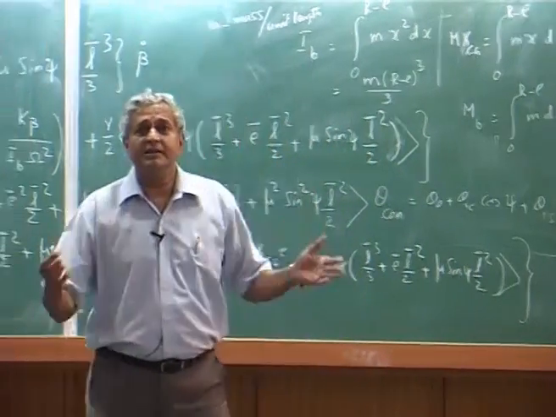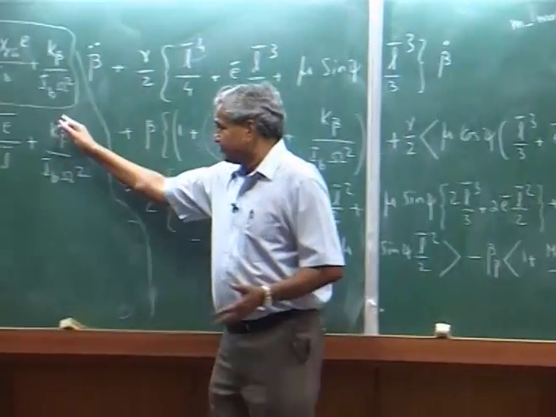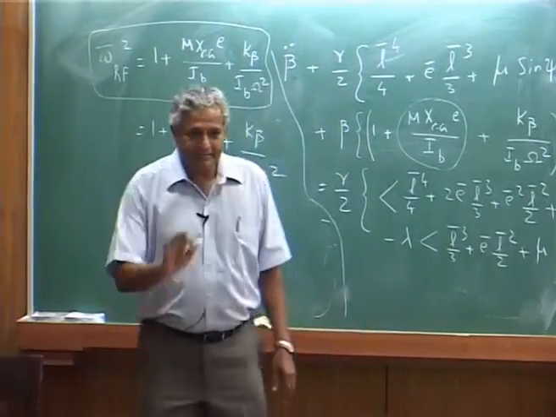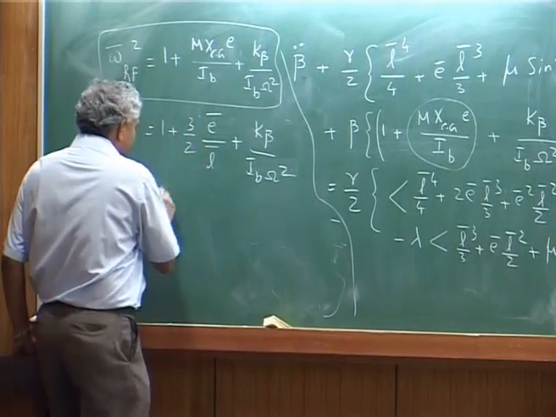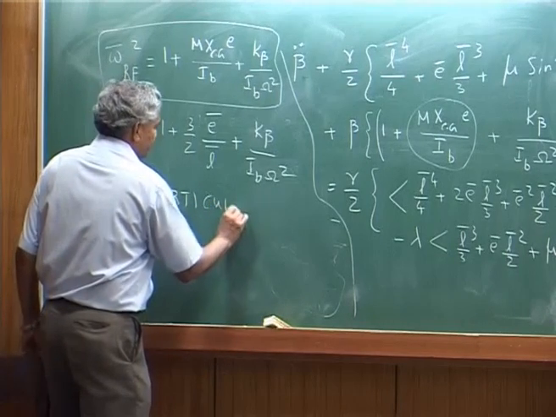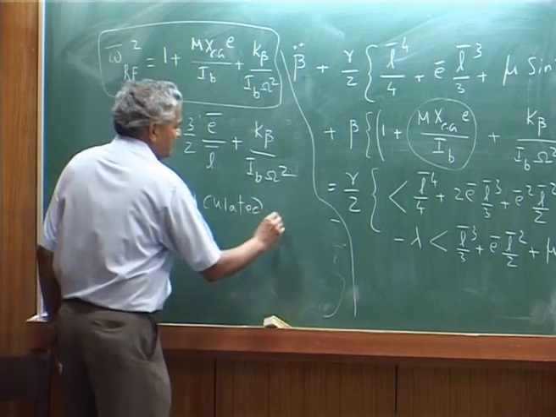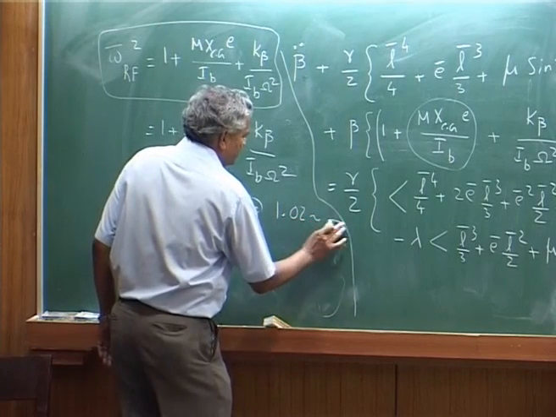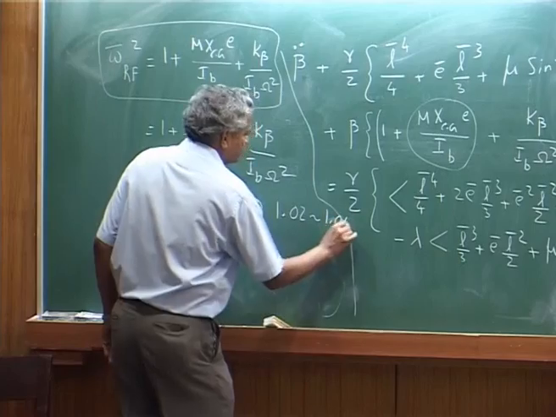Articulated blade, you do not have any spring, that is gone. So, you usually have in the range of articulated rotor, it is around 1.0, I think 2 to 1.04,